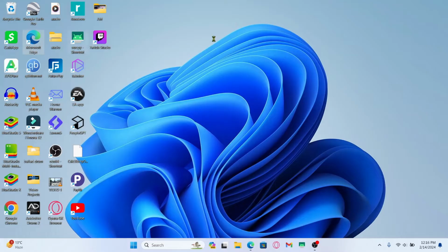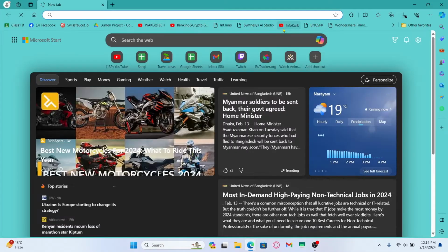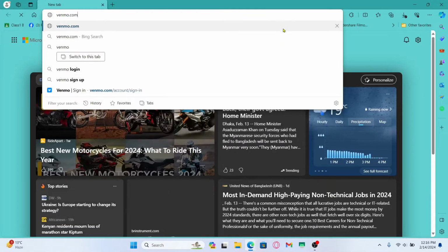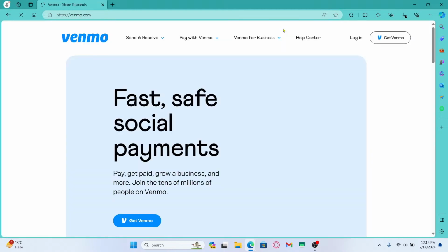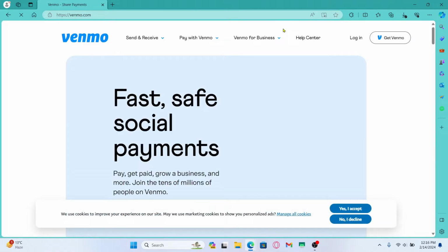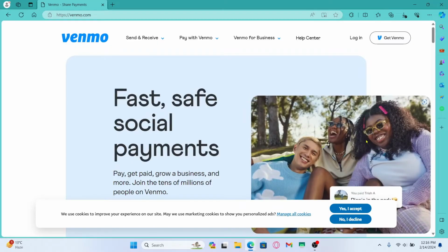First of all, open up your web browser and then in the address bar type in venmo.com and press enter. You will then be taken into the official Venmo website. Now, right from the home page, in order to log into your existing account, click on the login button at